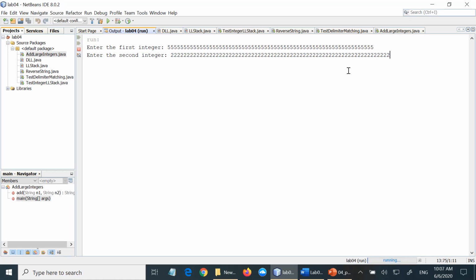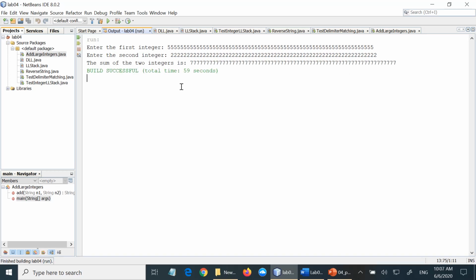Let's reduce it. Let us make sure it is about the same length. Okay. Now let us see the output. So suppose we want to add these 2 integers. They are going to be read not as numbers but as strings. The question is, what is the sum of these 2 strings? This is the answer. Say the sum of the 2 integers is, as we expect,